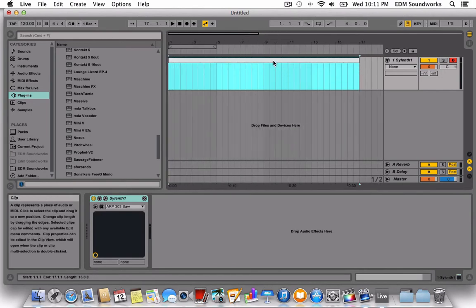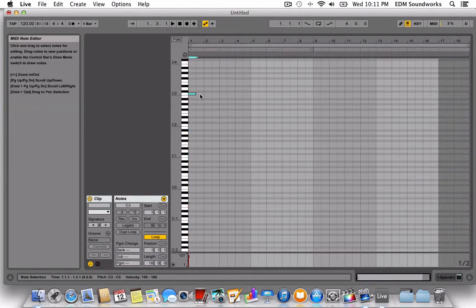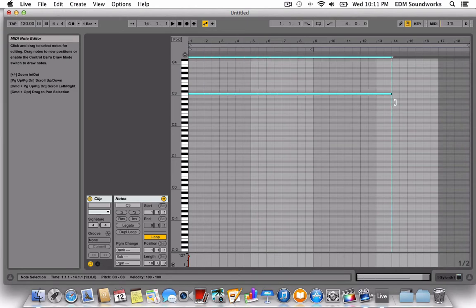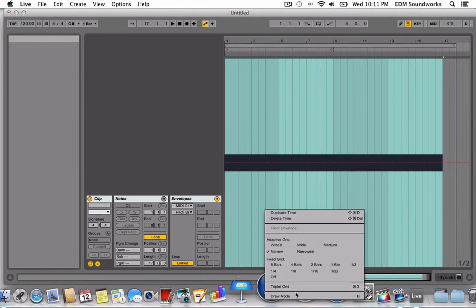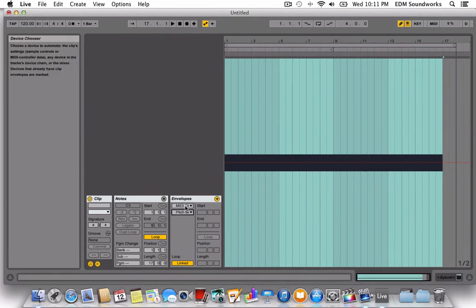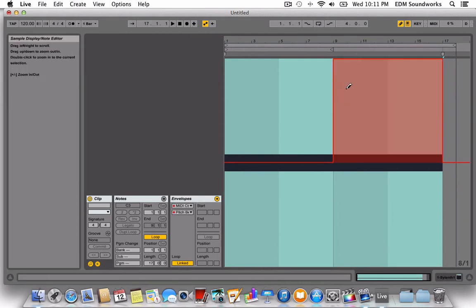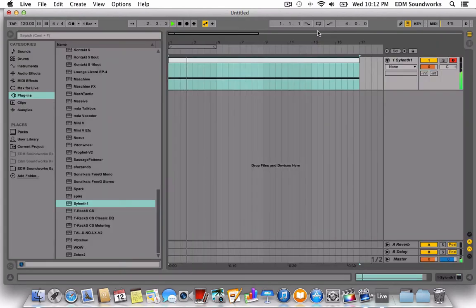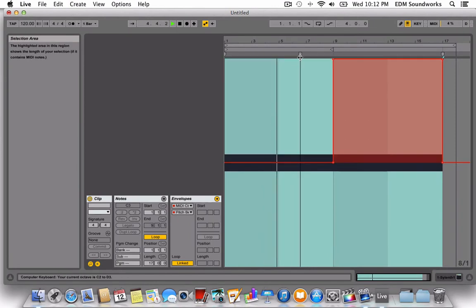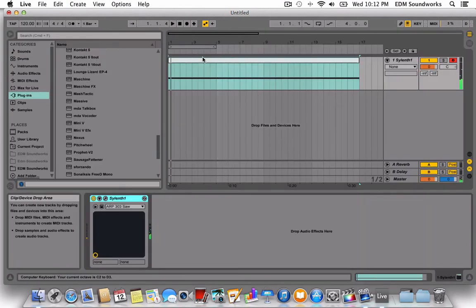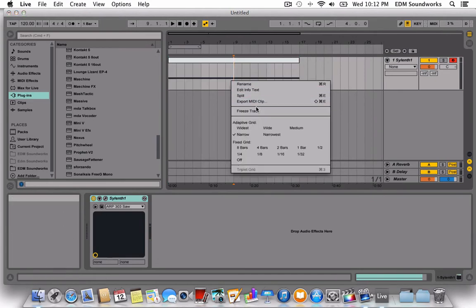Going to make a 17-bar riser, and I'm gonna use the envelope in the MIDI control on the pitch bend option, just to make a pitch bend. Listen to it. That sounds good. But I prefer not to do my pitch bending here, so you just freeze the